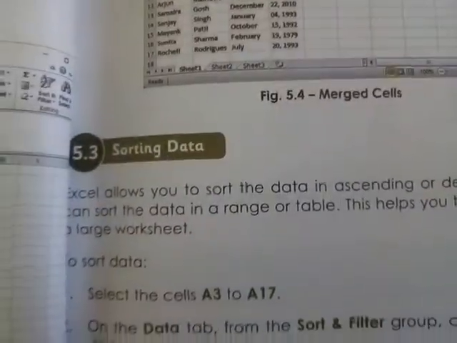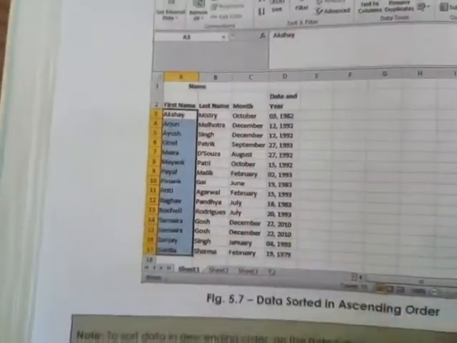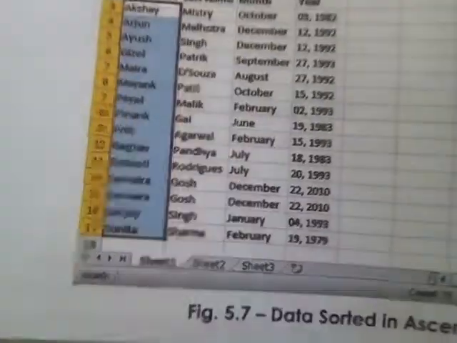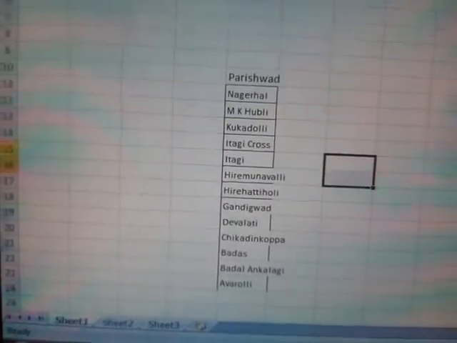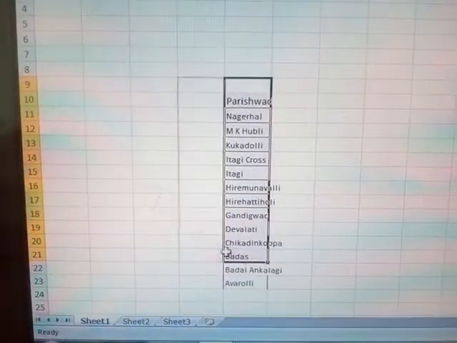Next point is sorting data. Sort means you can sort alphabetically A to Z or Z to A, the reverse. You can sort data in descending order as well as ascending order. You can see here I am using the Excel sheet. I have written the villages' names in descending form.